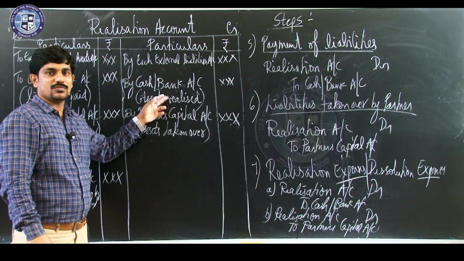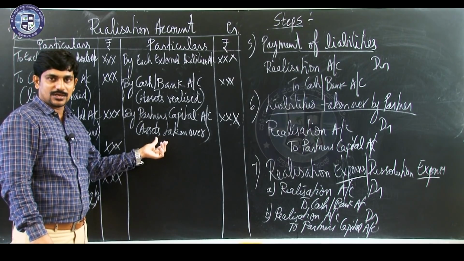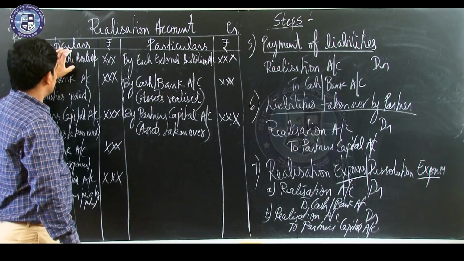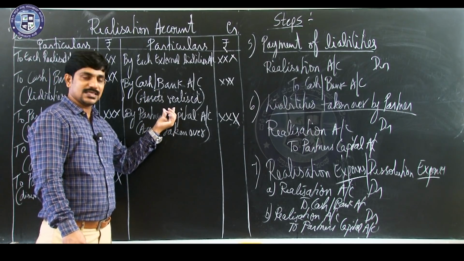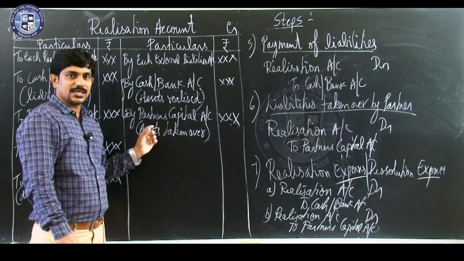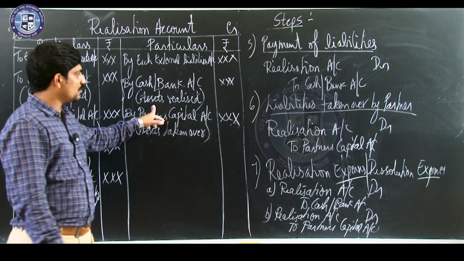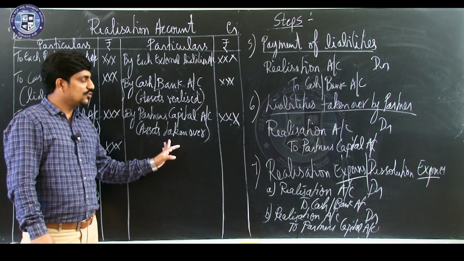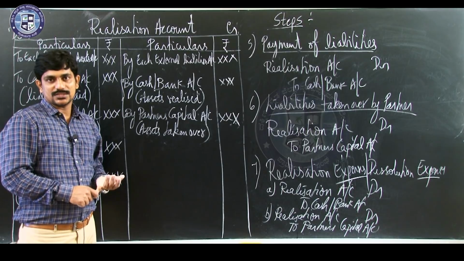One is it will be assets realized, or it will be given as assets taken over. So, whatever assets you have shown here, for those assets any one adjustment should be there, either assets realized or assets taken over. In case of any asset, any adjustment is not given, assets realized is also not given or assets taken over is also not given, then you have to say